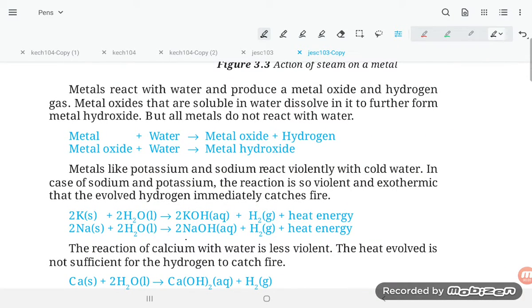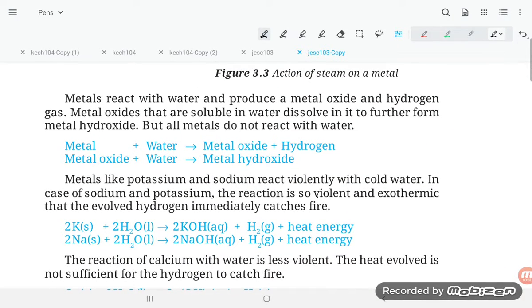Hello students, let's try to understand the action of metal with water, or the reaction of metal with water. Okay, so let's have a look. Metal reacts with water and produces a metal oxide and hydrogen gas. So they are saying they are producing the metal oxide and hydrogen gas. Metal oxides that are soluble in water dissolve in it